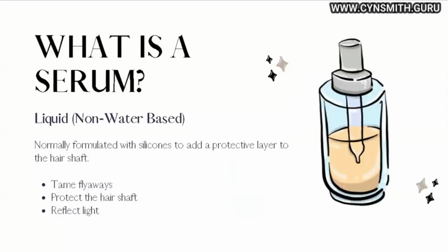So I really hope that makes sense with oils. Let's move on to serum. Serum is a liquid, non-water based oil. Now, these oils are normally formulated with different forms of silicone, and the purpose of a serum is to finish off a style. For example, whenever I would do a silk press, or anybody that's doing silk press videos, right before we put our client under the dryer, we take a serum and we wrap their hair in that. We'll coat their hair in a little bit of that serum,